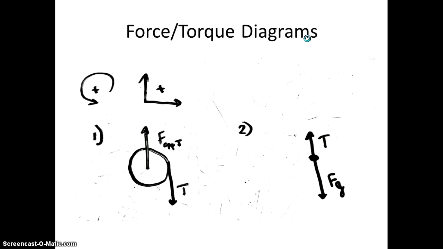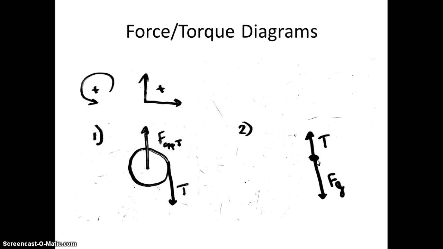The force and torque diagrams. So first we establish what's positive: in our torque it's counterclockwise, and in our force diagrams up and to the right is positive. So over here there's two force diagrams. The first is the force opposing the movement downwards, which is going to be equal to the tension force caused by the pulley. And then the second, when the system is set as the 80